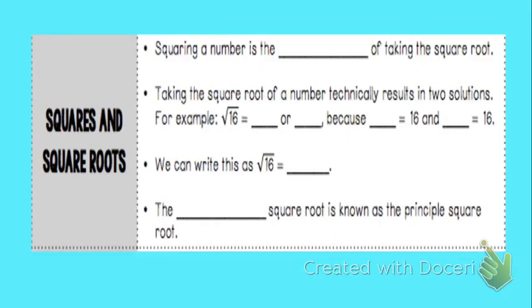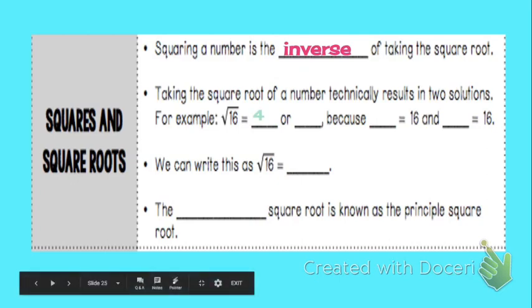So, square and square roots. Squaring a number is the inverse of taking the square root, which means the opposite. Taking the square root of a number technically results in two solutions. For example, the square root of 16 is 4, or negative 4,